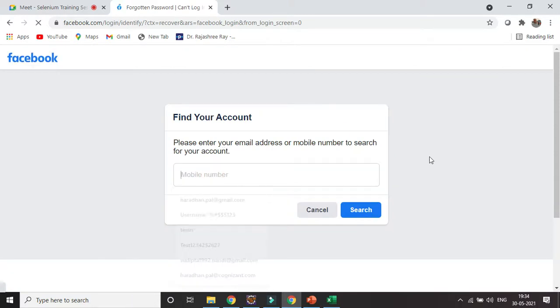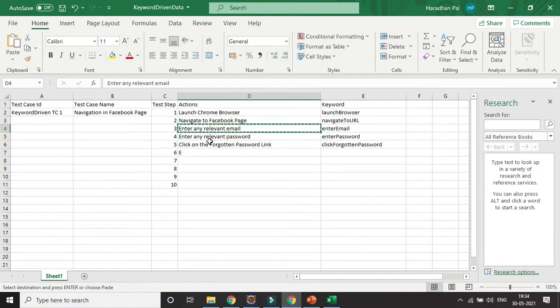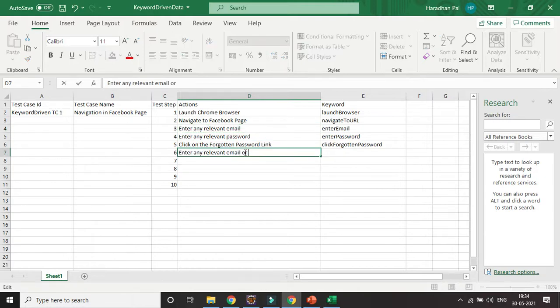So maybe you can add enter mobile number or email, enter relevant email or mobile number.